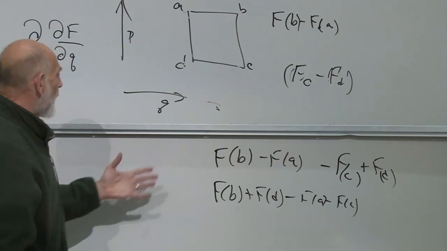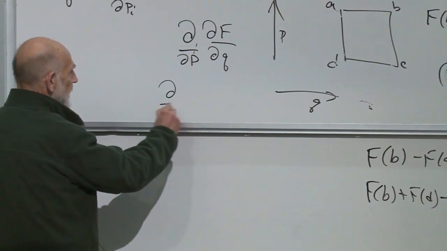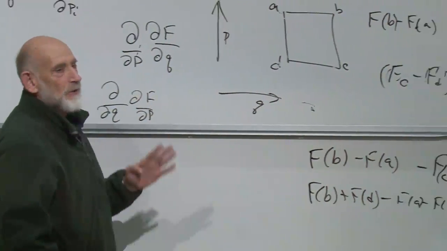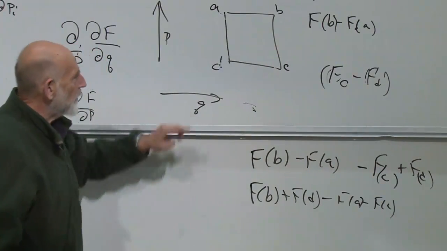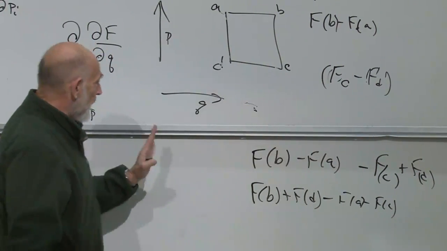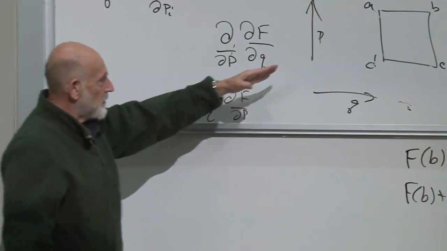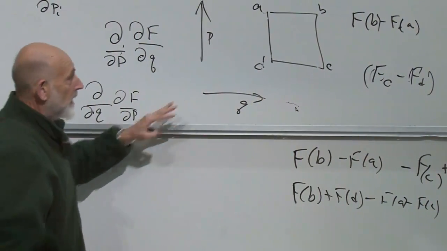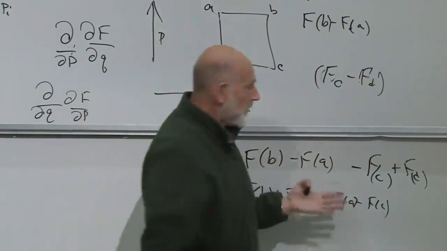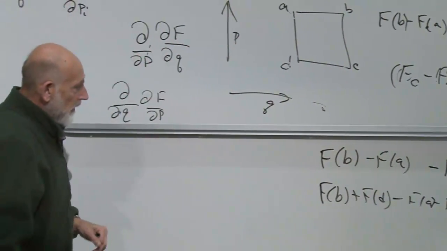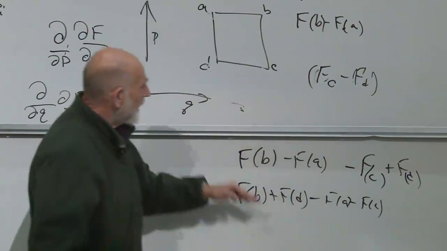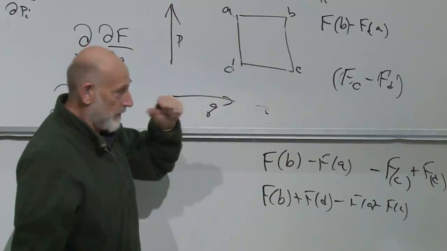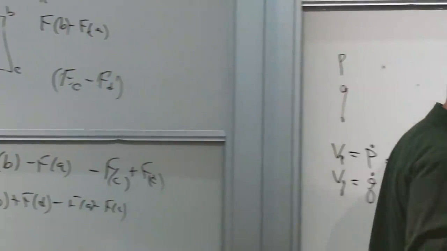But now think about the other order of differentiation, d by dq of df by dp. If you just spend 1 second doing the same thing, you'll find out it's exactly the same thing. I'm not going to work it out. It's the horizontal difference of the vertical differences. You know what I mean? It's exactly the same expression. So when evaluating this combination, it doesn't matter whether you think of it as differences going this way or differences going this way. It takes too many words to express it.